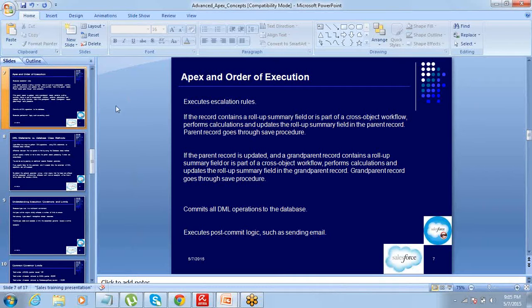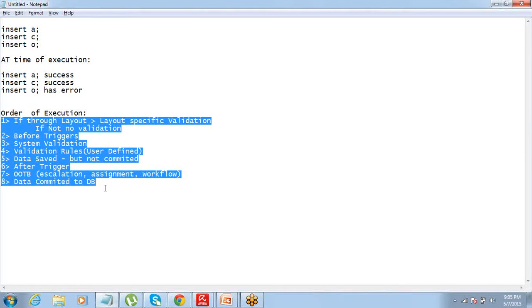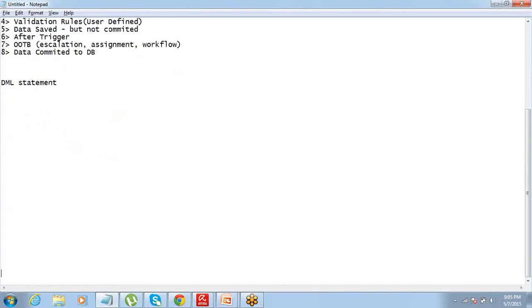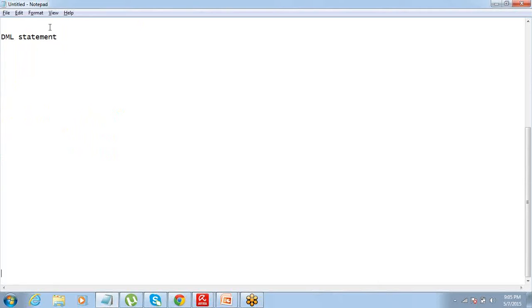Transaction we understand. Now the next thing that I'm going to talk about is a general DML statement. What happens with the DML statement is, if you are trying to, let's say, insert a list of accounts, and this list has 100 accounts, let's say.